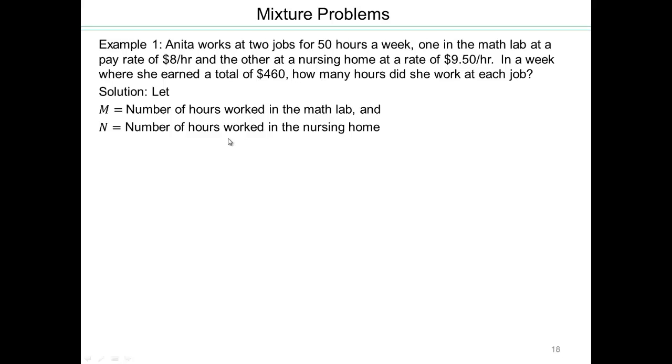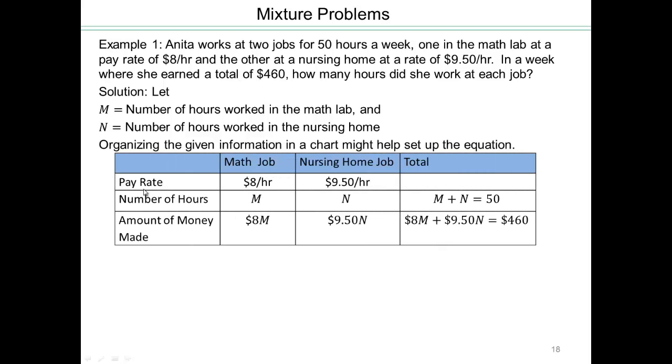So the best way to start a problem like that is to get variables. Since we do not know the number of hours at each of the jobs, let's call them M for how many hours she works at the math lab and N for how many hours she works at the nursing home. So what do we know then? Organize the information that you read here into a chart or a table, which will allow you to set up